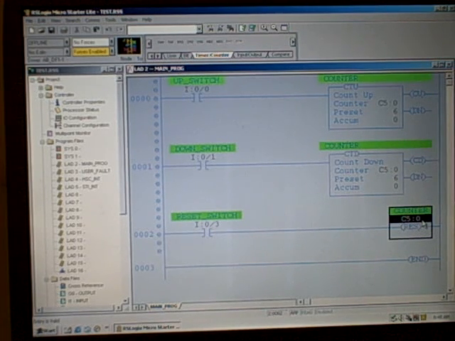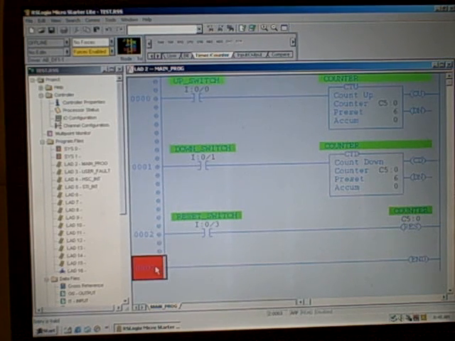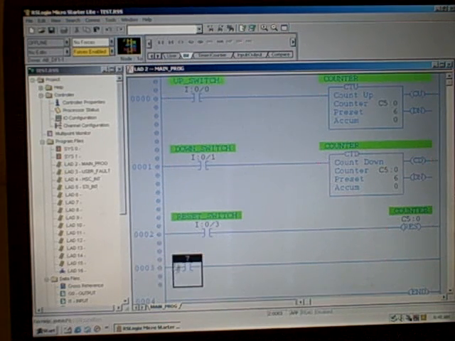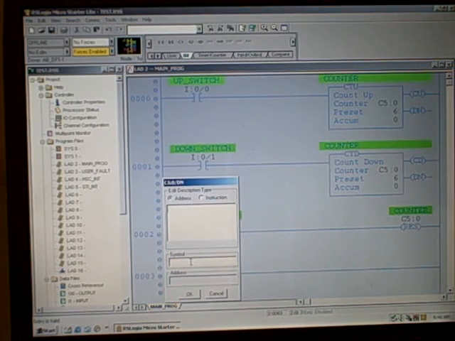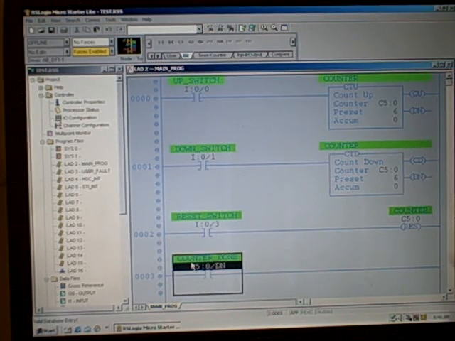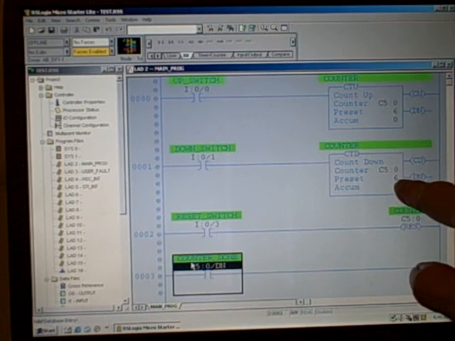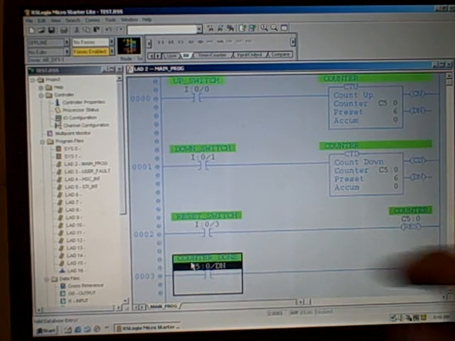I want the output of this counter, when it hits the preset value, to do something real. So I need one more rung of logic and I'll be done with my program. So insert a rung, I'll go over here to bit, I'll grab a normal contact. This is going to be C5:0/DN for done. And this is counter done. So when the counter reaches the preset value of 6, it's going to activate that contact,